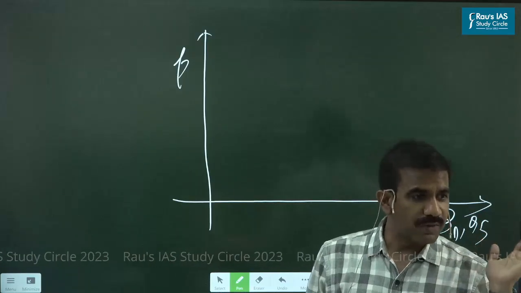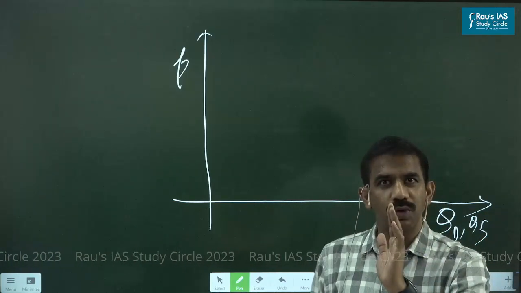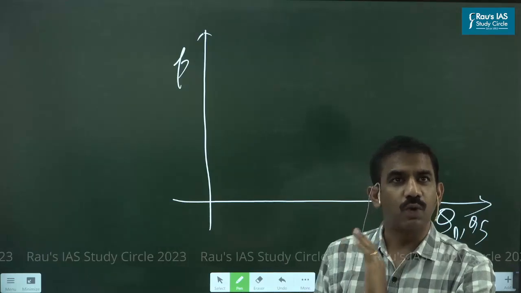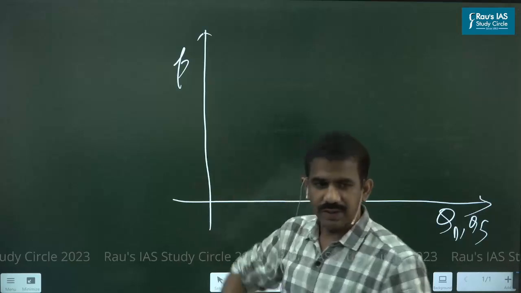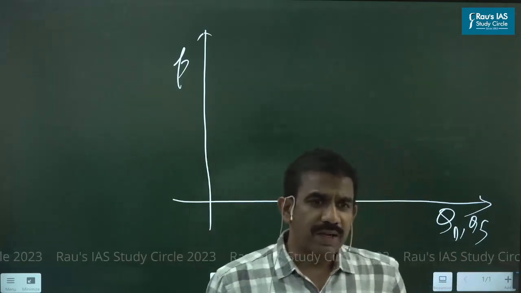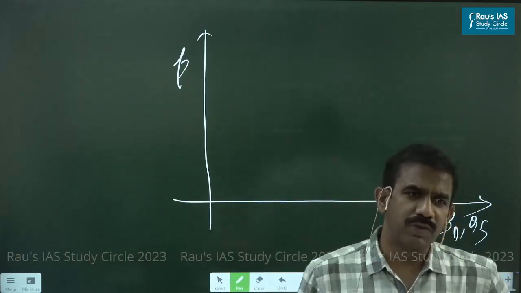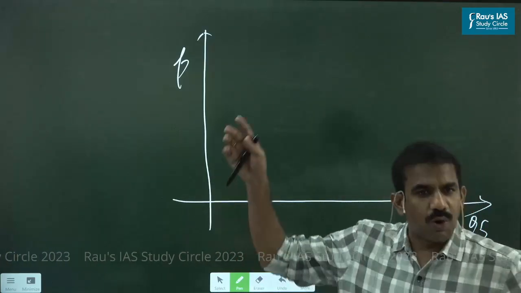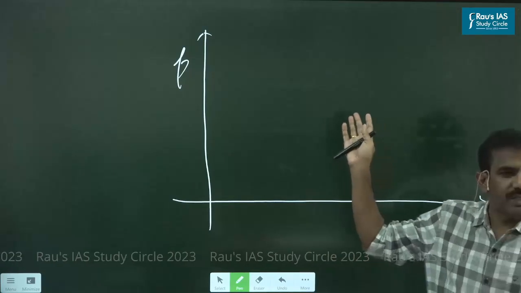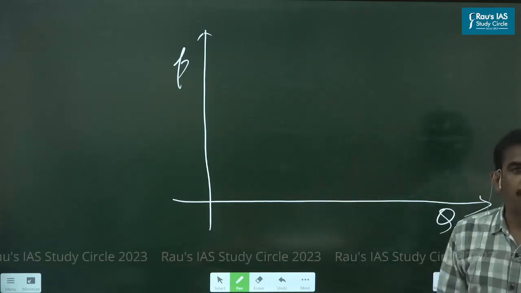Though in the previous class I happened to write only Q, Q stands for quantity demanded, quantity supplied, on the x-axis, and I'm taking the price on the y-axis. But as such, my savings get influenced by n number of variables, even demand gets influenced by n number of variables, isn't it? But I cannot express all the things in the same 2-dimensional graph, isn't it? So what did I happen to do?